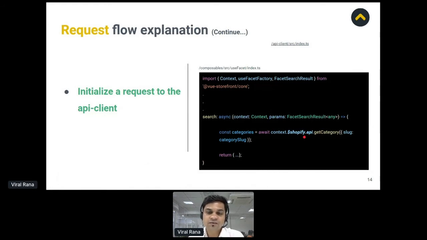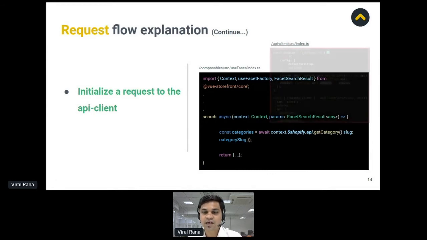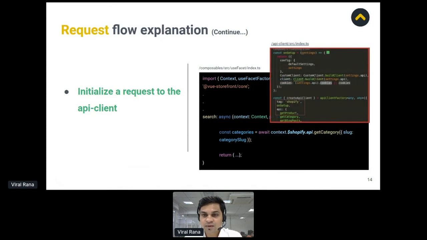Let me give you a brief on context. Basically, context comes from the Vue Storefront core, and it is a stack which consists of configuration details and all the available API methods. And to access those methods, you should have a tag name, which is shopify.